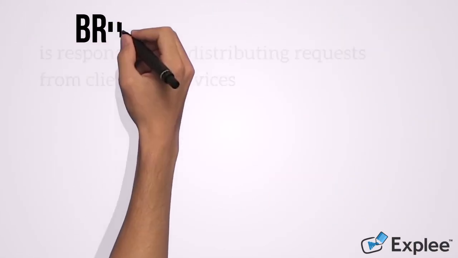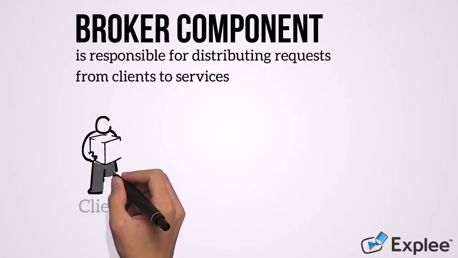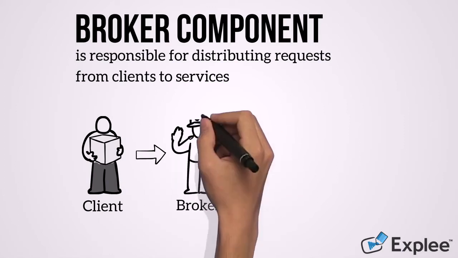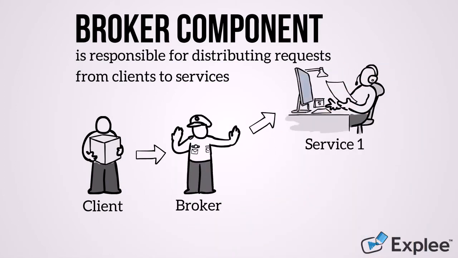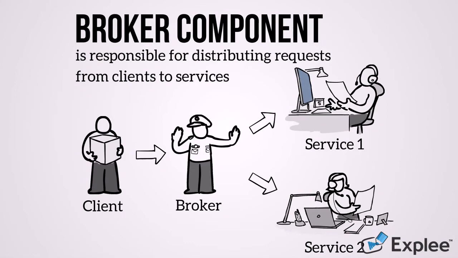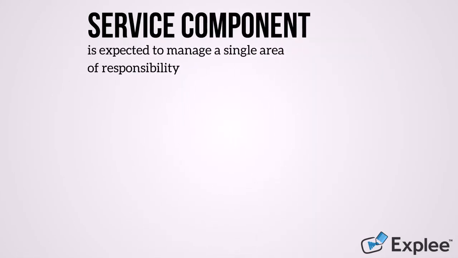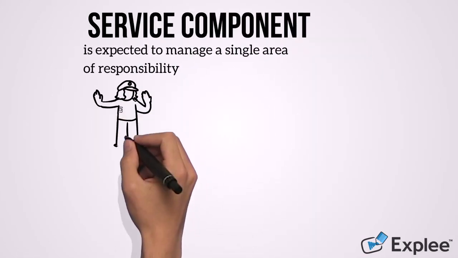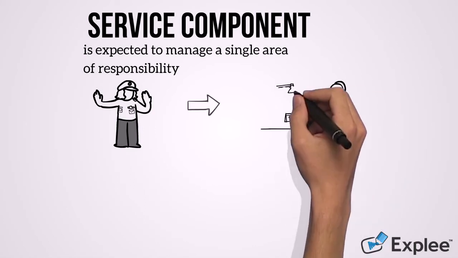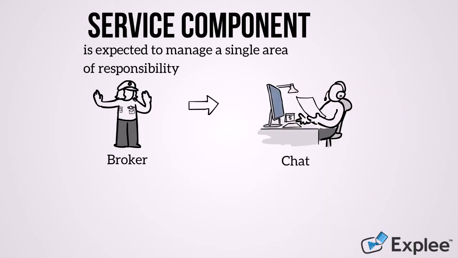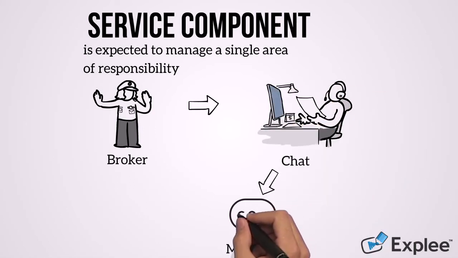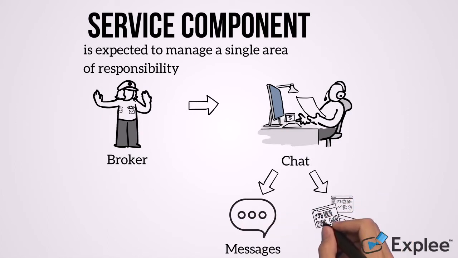The broker component is responsible for distributing incoming requests from clients to connected services, and returning data if necessary. This effectively enables a dynamic data flow from clients to services, and helps the architecture stay flexible. A service component is expected to manage a single area of responsibility, so upon call, a service will respond to incoming requests from brokers. Brokers can ask a service such as chat to hand over messaging data, message UI and much more. This in turn enforces more cohesion throughout the overall architecture.